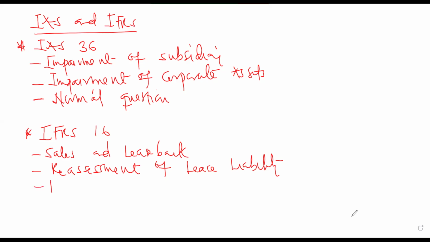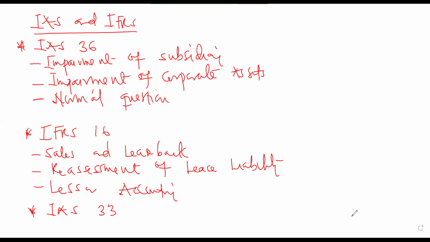You can also be seeing lessor accounting. They can also examine you on the lessor accounting. So if you come to leases, the normal lessee accounting, forget about it. Come to sales and leaseback, reassessment of lease liability, lessor accounting. Then what are we going to be saying? We are going to be having the